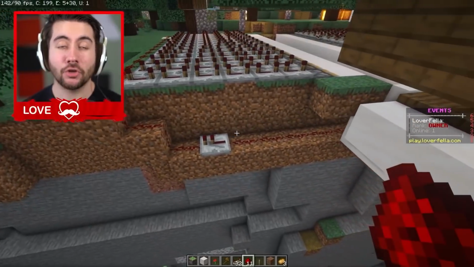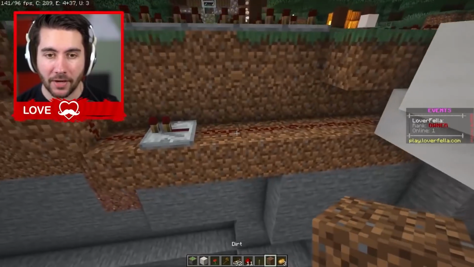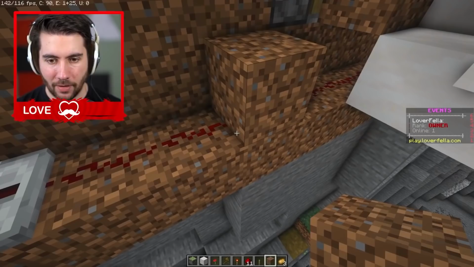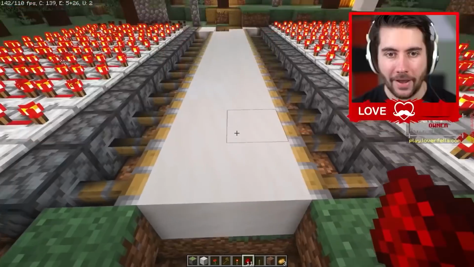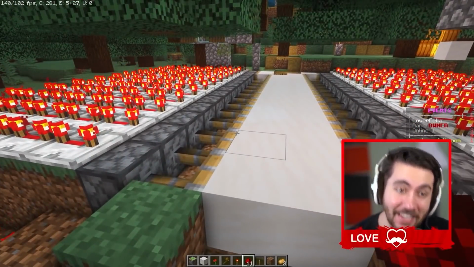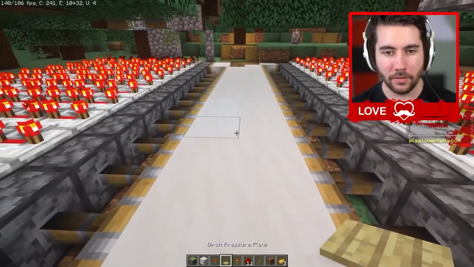Now the final step is to create a redstone inverter on both sides so that the power stays. So we got to put a block down here, a redstone torch down. That'll give us the inverter on both sides. Inverter achieved. Now they're all powered. Finally, this is an insane amount of redstone. And now,